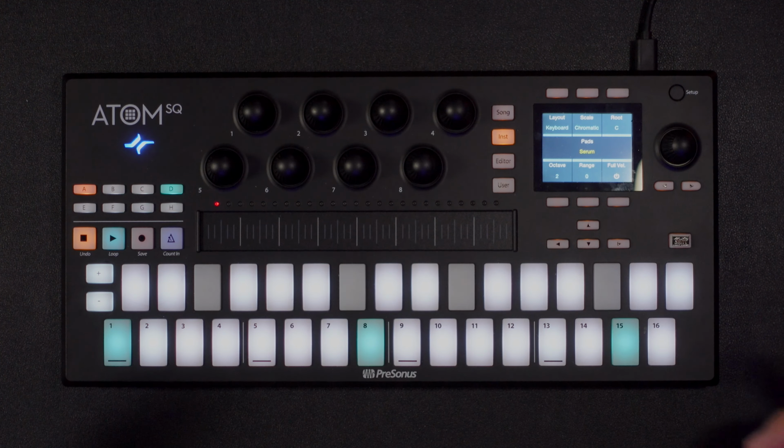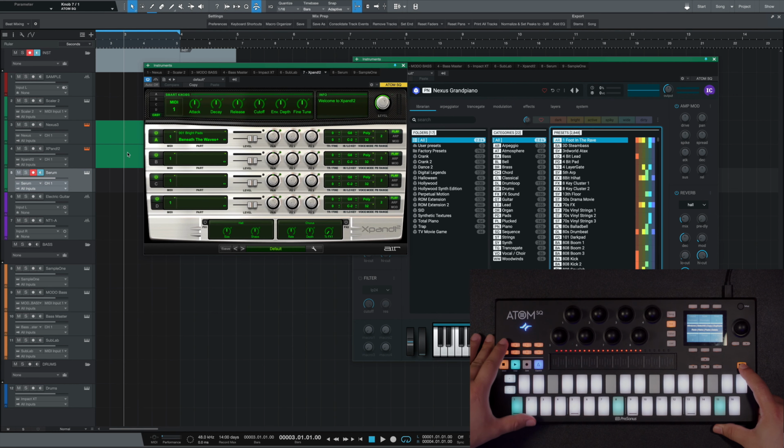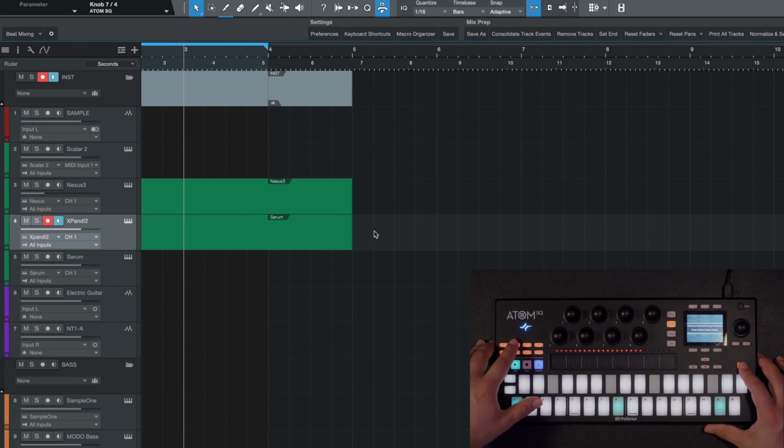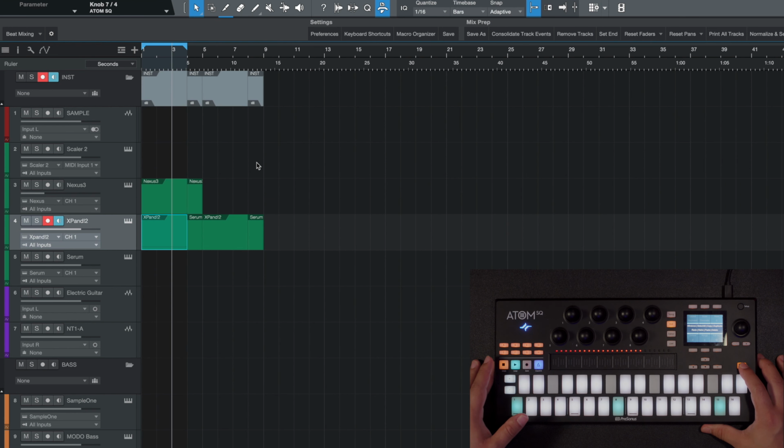While we're here, I also want to point out that the bank buttons also have secondary functions. As a matter of fact, if you press and hold the shift key, the screen on the Atom will actually tell you what these buttons do. So if we take a look, the A button here will close or show all windows. The B button will select all. The C button will copy. The D button will duplicate. The E button will redo. The F button will activate the retrospective record feature, the G button will paste, and then the H button will